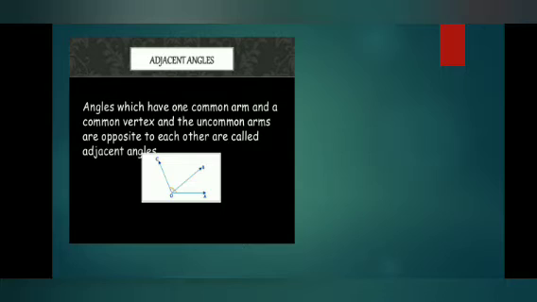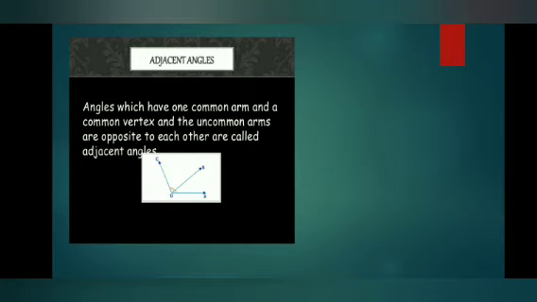And these angles are all new to you. You must not have come across these angles. Adjacent angles. Children, the word adjacent means next to you. So in the class, if anybody asks you who is sitting adjacent to you, you will tell the name of the person who is sitting next to you. So adjacent angles have a common arm and a common vertex, and the uncommon arms are opposite to each other.